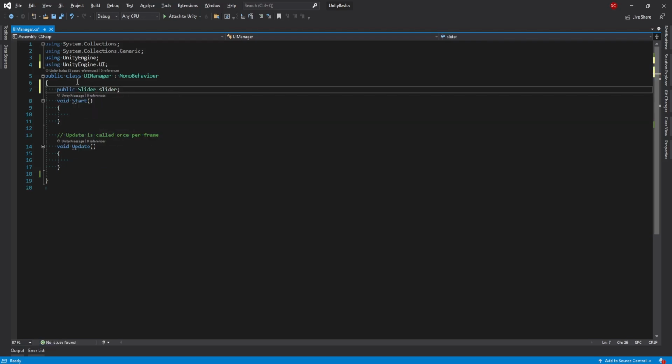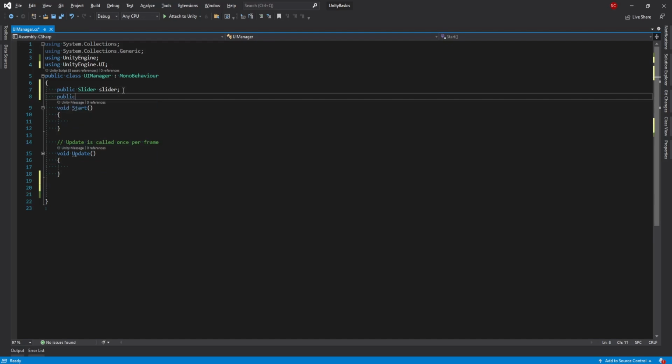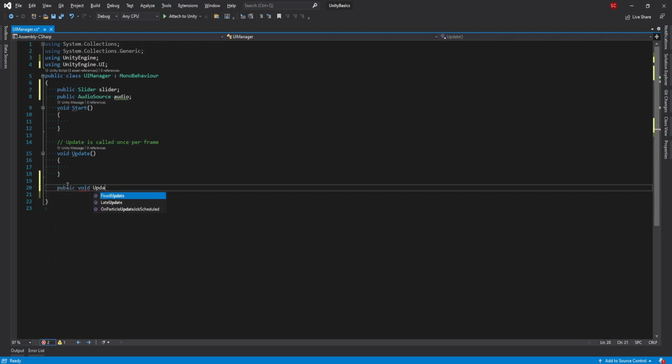We'll give a direct reference, and on value change we need an audio source as well. So public AudioSource audio, and write a public function,